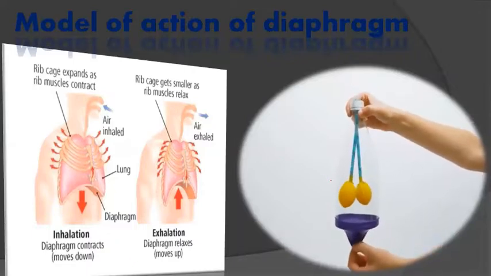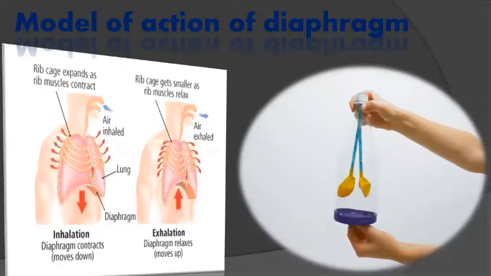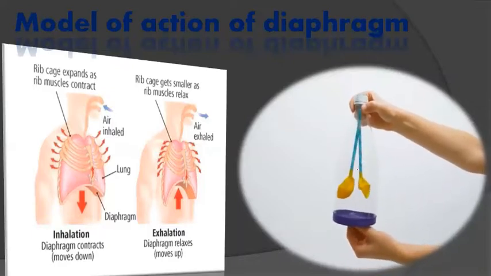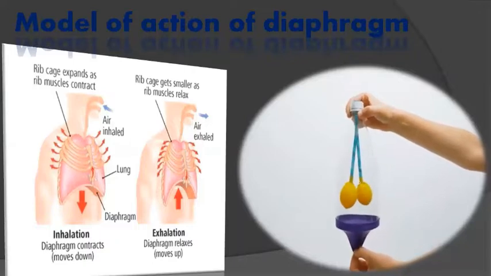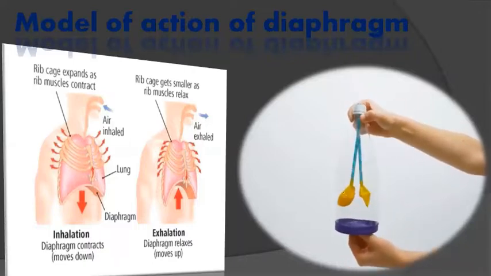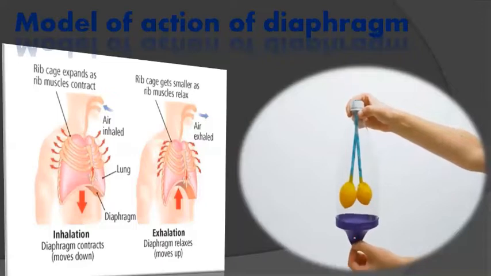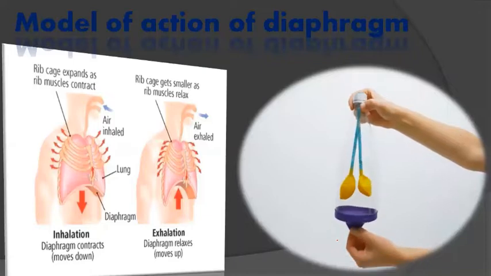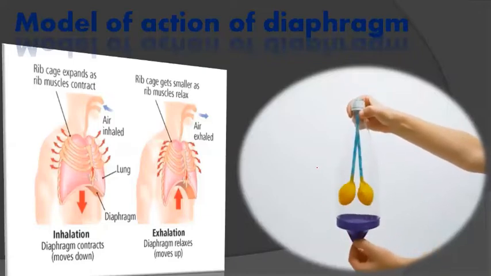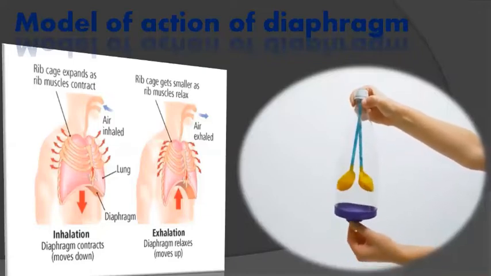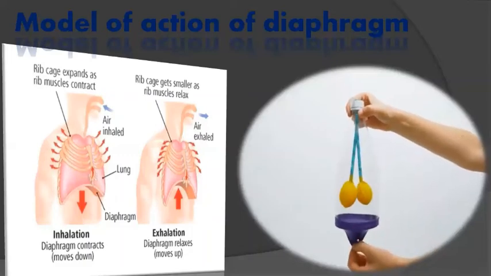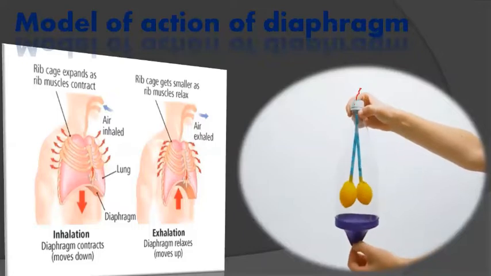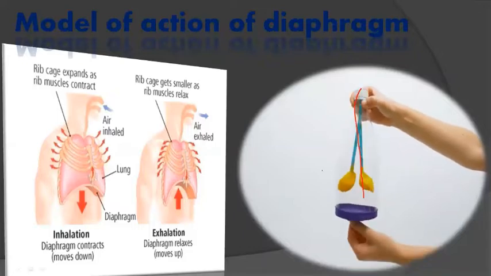Here is a model of that. There are straws and balloons in the bottle. This is a trachea, then bronchi, and we just bind two balloons with that, and here a big balloon is under that. That is actually an activity by which we can understand the process of breathing properly. When the diaphragm moves downward, it gives space to get air inside the lungs, and the lungs